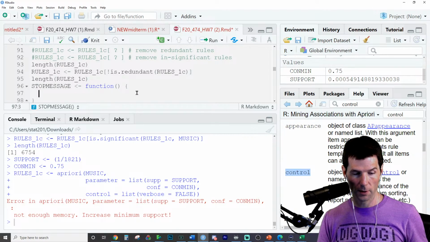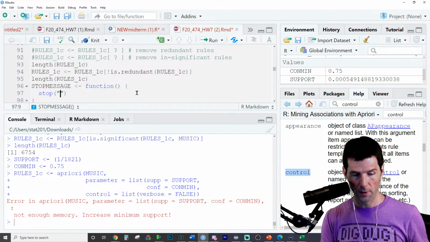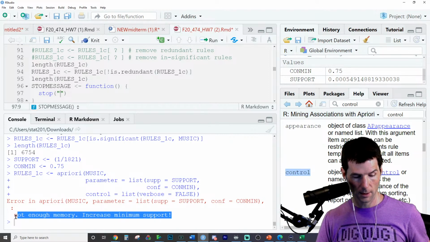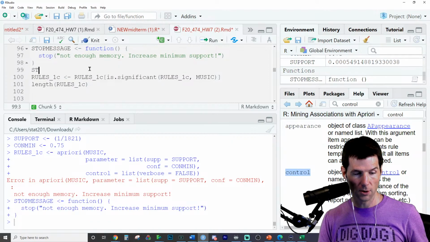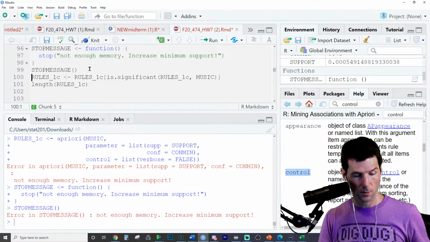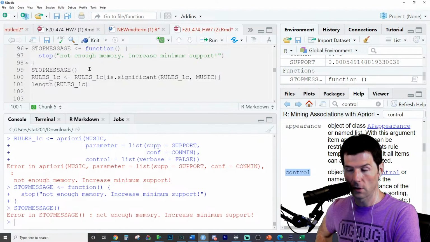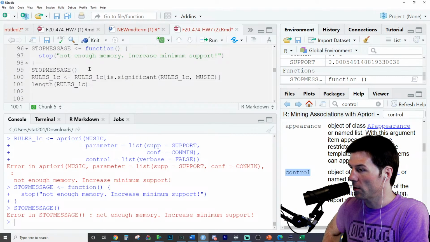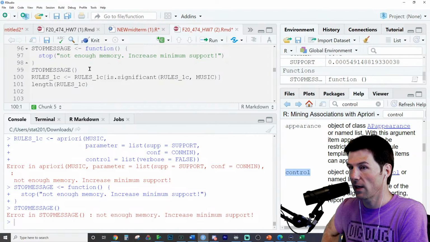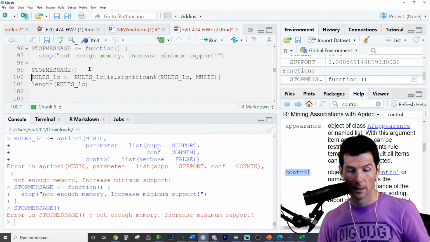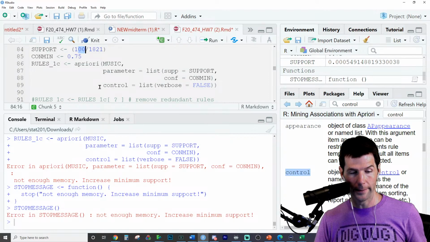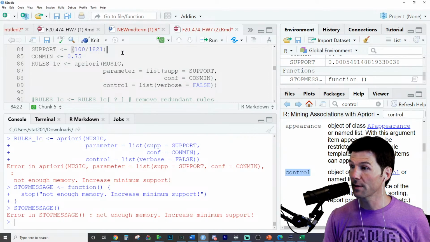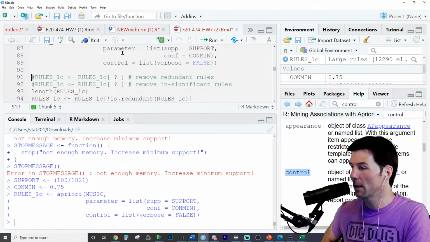So someone literally wrote that message right there. Good job to the person who made this code to say increase minimum support. They know how to put in a message to tell somebody something's wrong. Good job. Because, yeah, they're right. I shouldn't have done that.